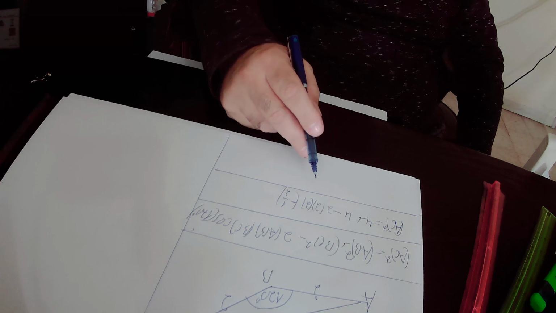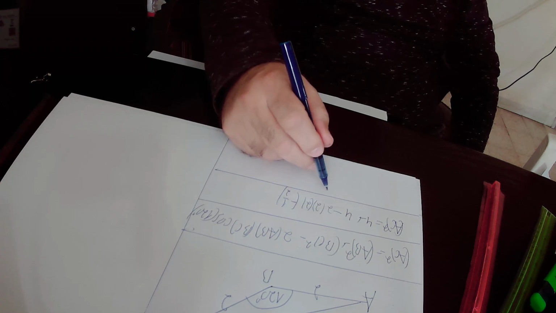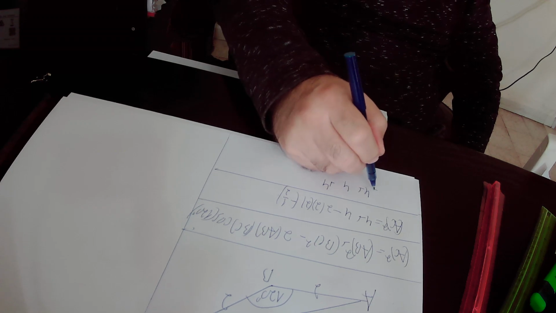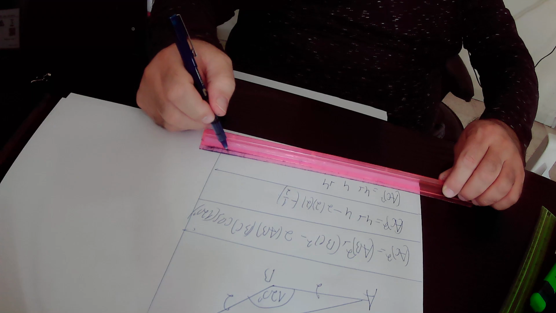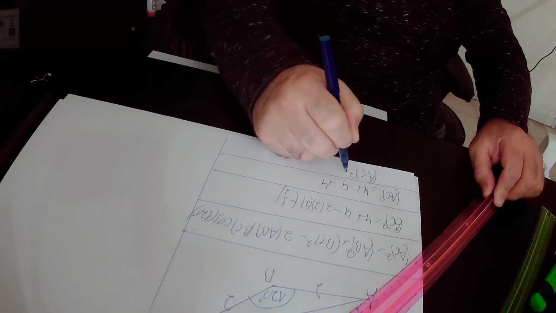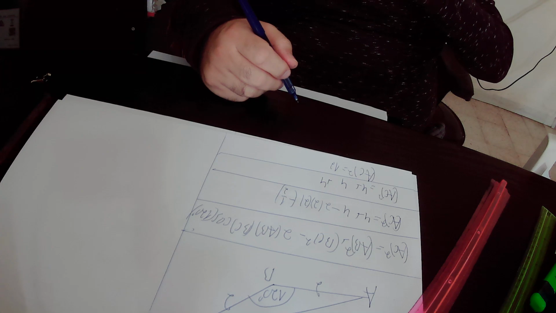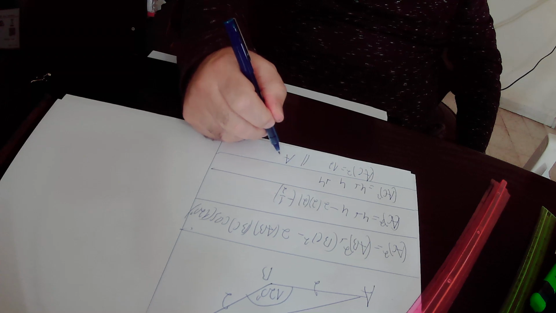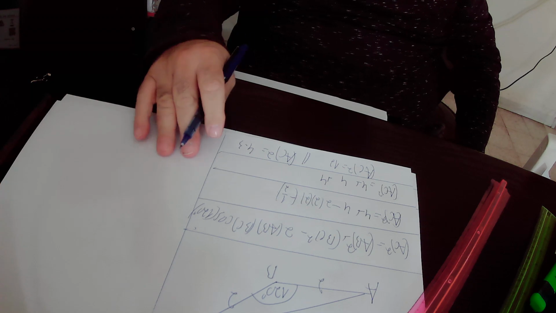So 2 times 2 is 4, and 2 over 2 is 1. So those 2 will get cancelled and we are left only with 4. So actually 4 plus 4 plus 4 equals AC squared. So AC squared equals 4 plus 4 plus 4, that is 12. Here we'll substitute 12 by 4 times 3, so AC squared equals 4 times 3. Here we take a root of this equation and we get that